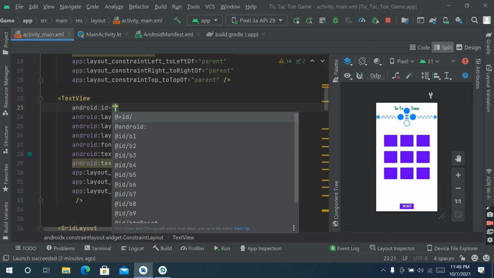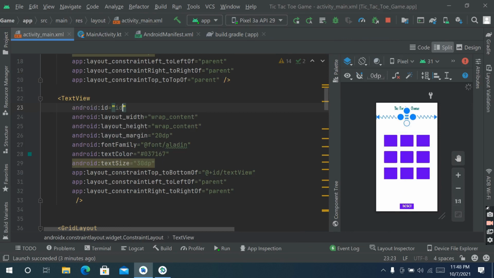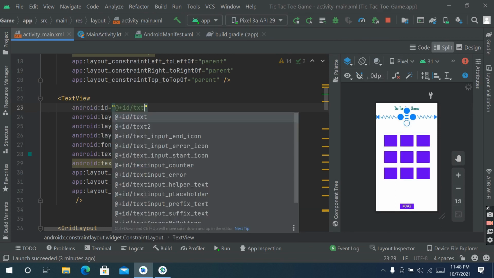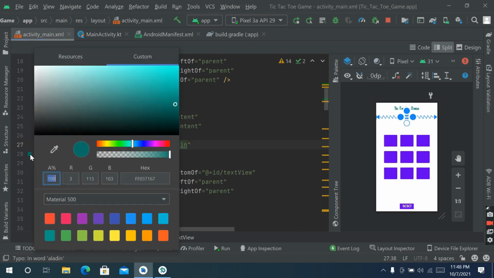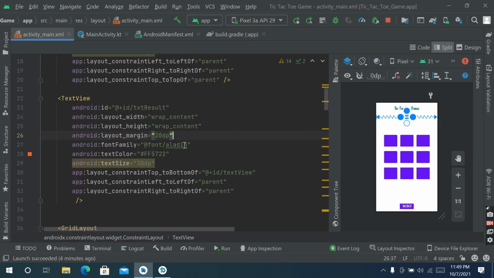Okay, id for text view, id text result. Okay, and let's change the font color by clicking here, or just take it blue, or let's take orange. Okay, and its size also 0.5. Alright, now